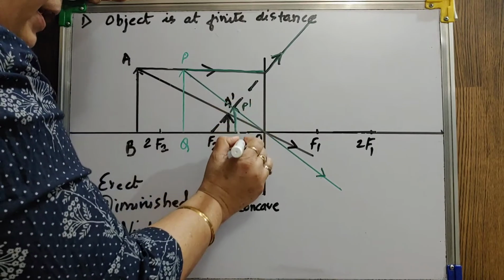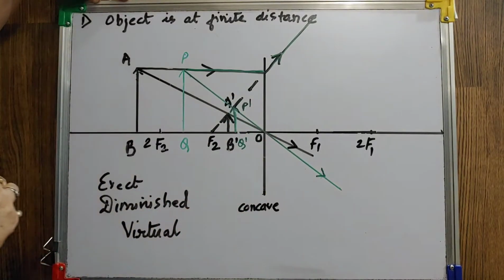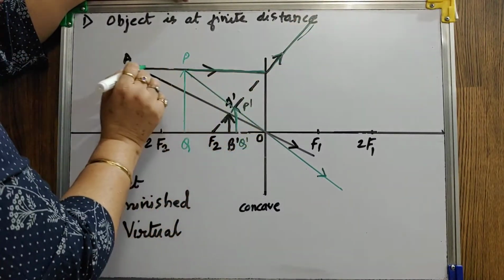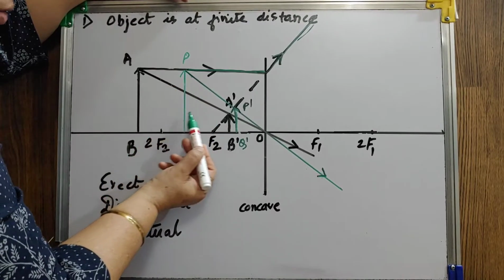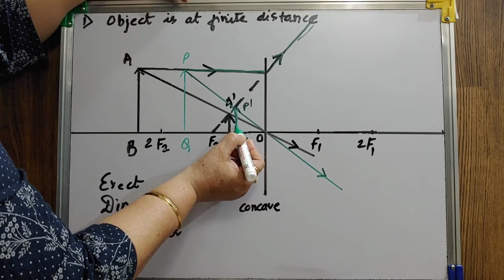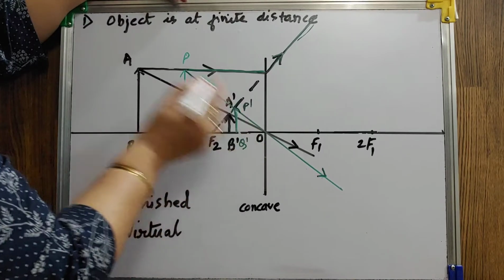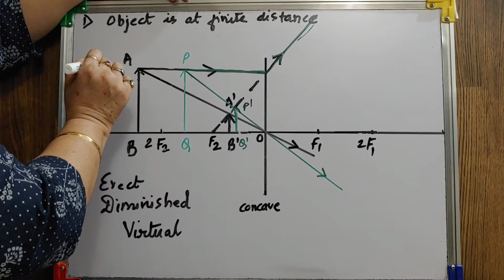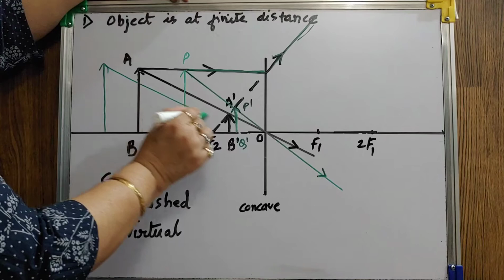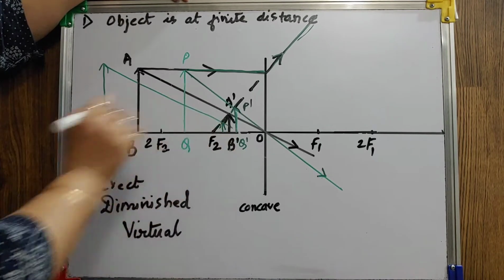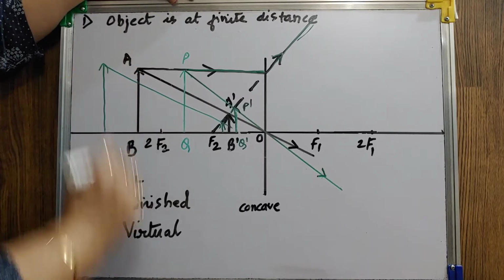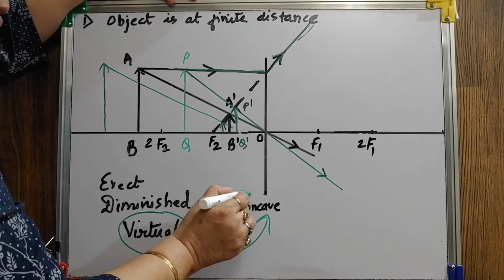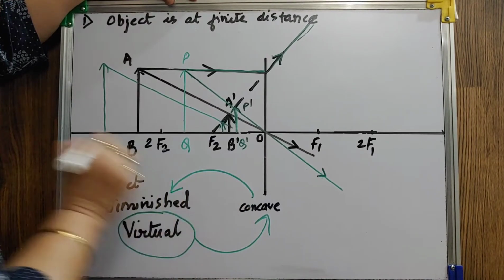This is my P dash, Q dash. So again, just concentrate. This ray will remain the same. Only the difference of this ray is there. So as I am moving towards the right hand side, the size of the image is increasing. But this size will remain less than this. So always it will be diminished. But as you move towards the left hand side, then this image will still decrease. Understood? So this virtual image formed by the concave lens is always diminished.